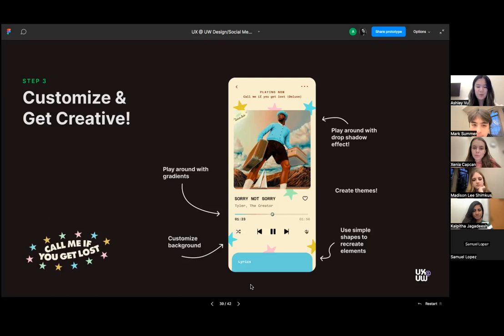Yeah, so we'll have a lot of people working on here, but I'm just gonna start through and recreate one of the ones that I already made that I'll show you. I'm gonna do the Tyler, the Creator one. But anytime you are making something, you don't want to just start, you want to make sure that everything you're making is in a frame. So that'll be kind of like your smaller canvas within the space, and that makes sure that everything is living in one component. So to start and make a frame, you can just press the F key